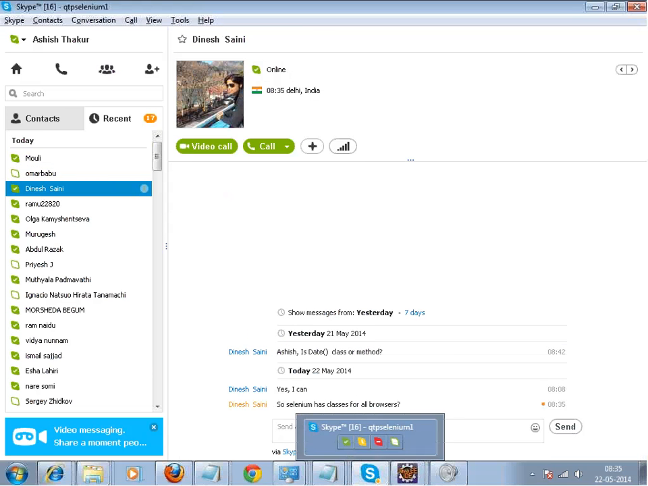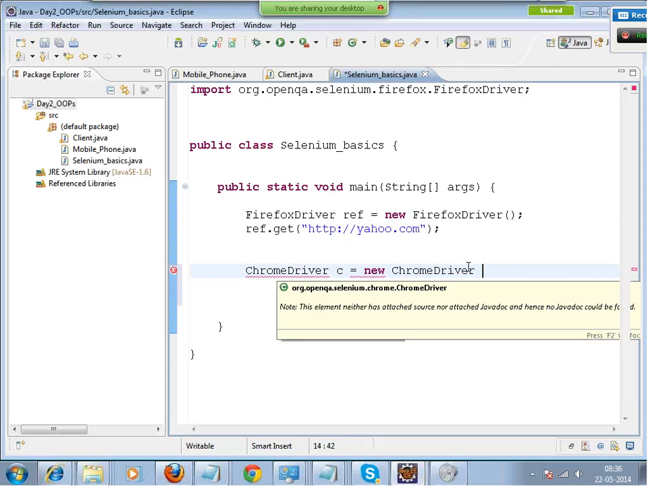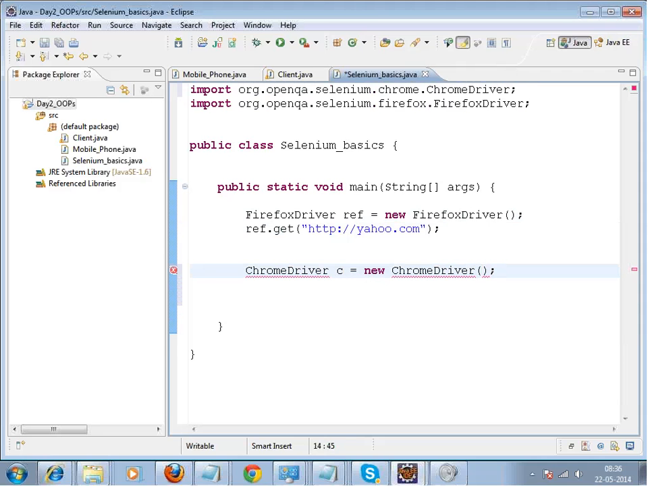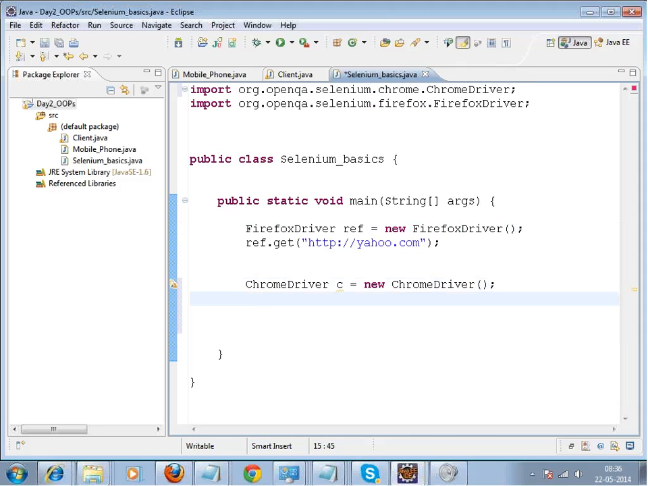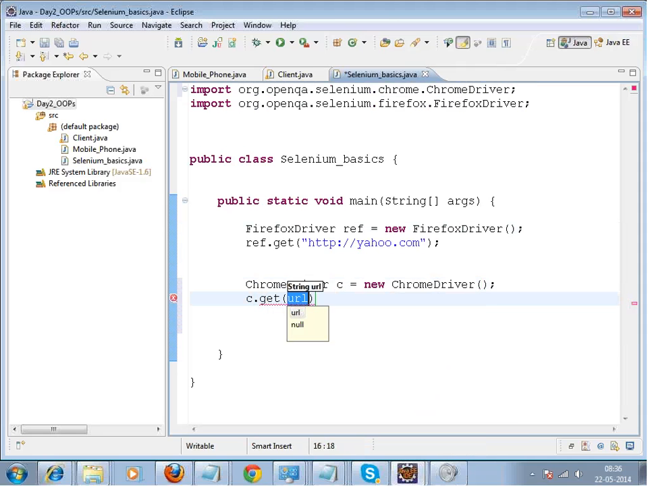Yes, Selenium has classes for all the browsers. Similar to Firefox driver, there is a class known as Chrome driver. You create the object of that class and you will be able to work with Chrome. But when you write chrome.get http yahoo.com, hold on guys, and when you run this,